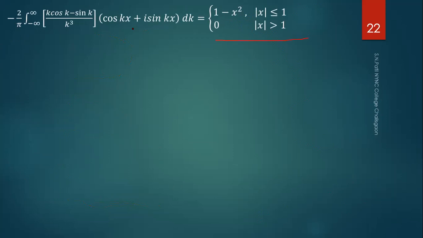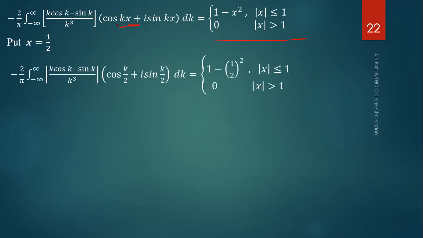Now, in the problem there is a cos of half angle. So how do we get the half angle here? For which value of x do we get the half angle? For that we put x equal to 1 by 2. So throughout put x equal to 1 by 2. Then we get cos of half angle, sin of half angle, and put 1 by 2 here. Then x square is 1 by 4, 4 is multiplied, 4 minus 1, 3 by 4. And x lies in the interval minus 1 to 1, so we keep this value as it is and ignore the other.